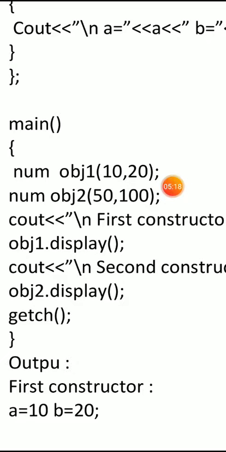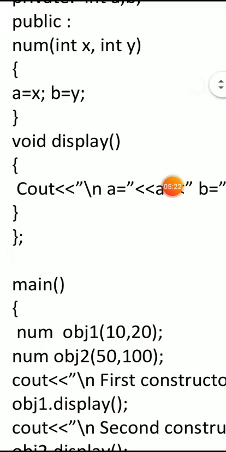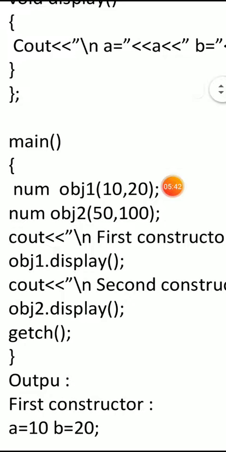The value 10 is assigned to variable x and value 20 is assigned to variable y. Whatever value of x, that is 10, is assigned to variable a, and the value of y, 20, is assigned to variable b. So a and b are private variables, and private variables are accessible by the member function of the class, that is display.